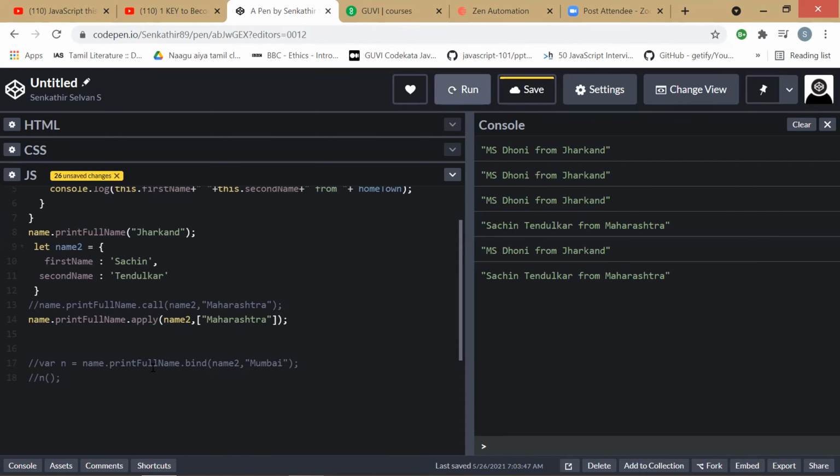The third one is bind. In case of bind, the output will be a function. It returns a function, and just by giving the parameters here, we can call the function, and if we run it, we'll get the output.